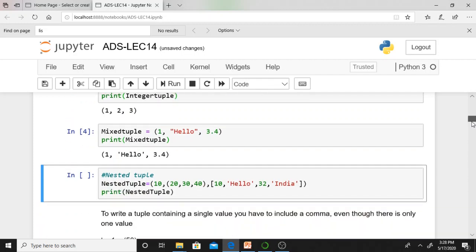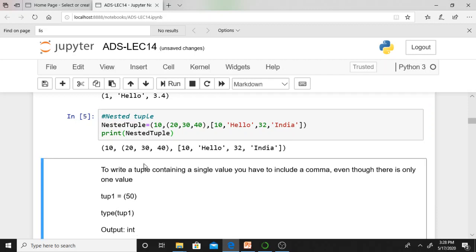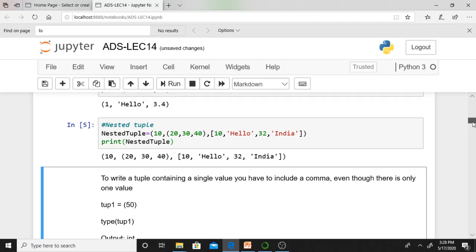Yes. Now if I proceed further, these are nested tuples. This also I discussed, in which I am keeping a tuple and also a list inside a tuple. If you run this one, what will you get? You will get the output of this nested tuple, which we discussed in our PowerPoint presentation, or PPTs I can say, isn't it?